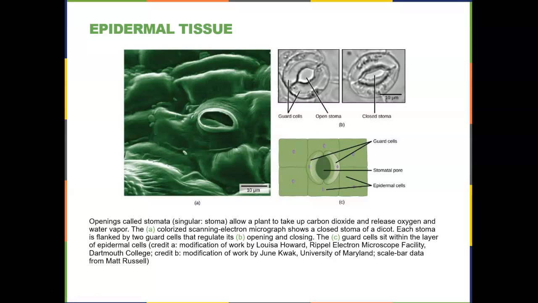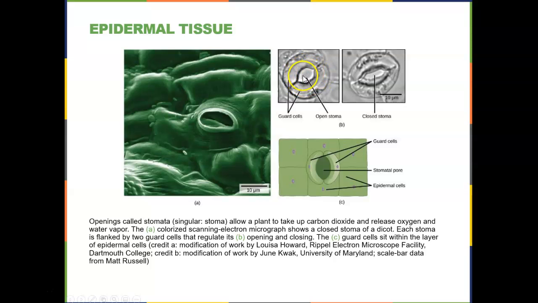So this is what we find on the tops and bottoms of leaves and then around the outside of stems. And this allows for the intake of gases as well as for the entry of some water. So remember that on the bottom of the leaf in the epidermal tissue, only on the bottom, we have openings called stomata. So here is one stoma,